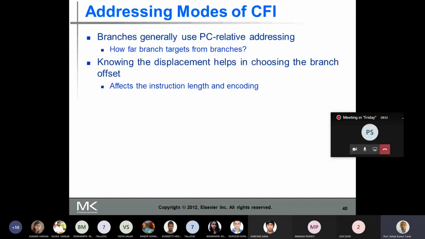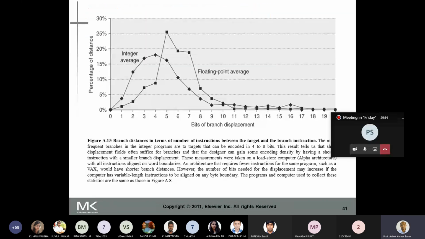So let's look at this displacement. This shows the branch displacement. On the x-axis, we have the percentage of the distance from the current branch instruction. This is for the SVM benchmark program, and this was an average for the displacement for the integer programs and for the floating point programs. From this figure, we can make certain conclusions.